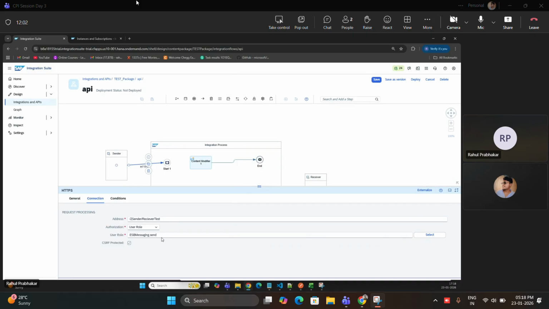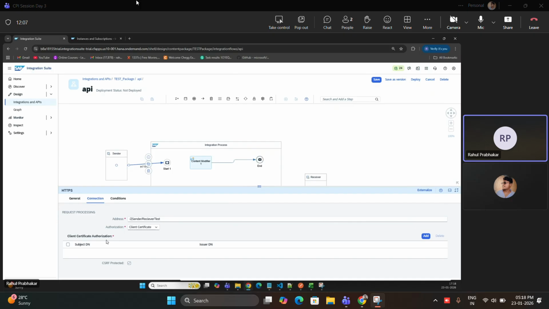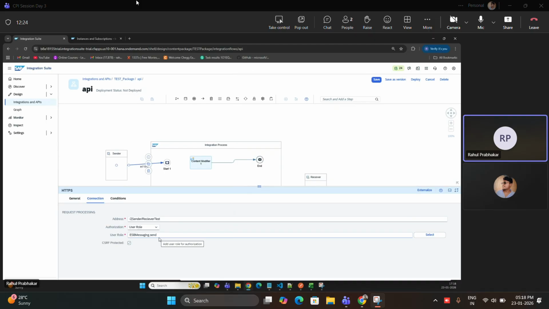When you say client certificate, in this case you need to have your client certificate, meaning for whoever is going to send data to your integration flow, those certificates you need to store in CPI. When you select user role, you need to give appropriate user roles if created. Otherwise, you have to go with the standard ESB messaging.send role, which will have the client ID, client secret,